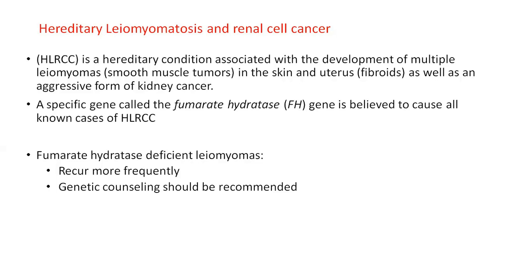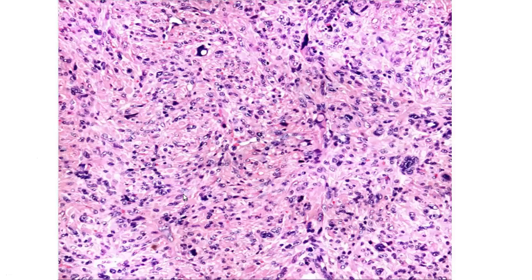So in this syndrome, the gene known as the fumarate hydratase gene is believed to cause all known cases of HLRCC, and fumarate hydratase is a normal enzyme in the Krebs cycle. So whenever we have a fumarate hydratase deficient leiomyoma, they commonly recur, and strong genetic counseling is recommended as well. So this is an example of a fumarate hydratase deficient leiomyoma, in which we can clearly appreciate